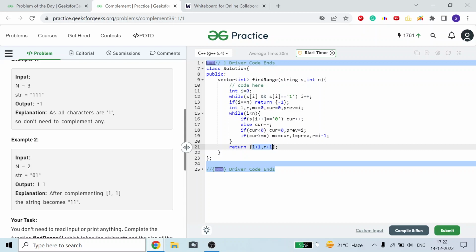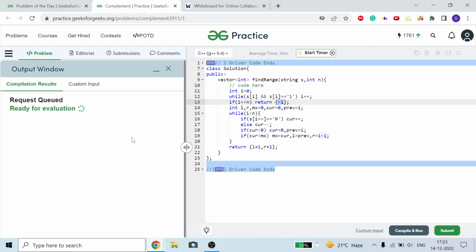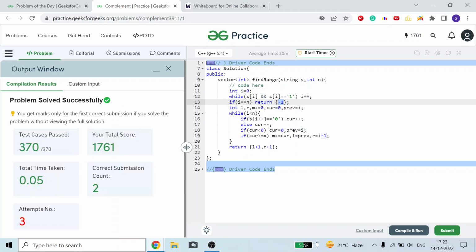Okay guys, and if my I is equal to n, it means the whole string is 1s. My I will run again and again till the string has characters, that is, while I is less than s dot size. But if I became n, it means I covered the whole string, we just need to return minus 1, which means all the characters are equal to 1. Now it may be a little confusing for you, but this is very simple. We have to find a segment which contains more zeros than 1s, that will give us the beneficial answer.